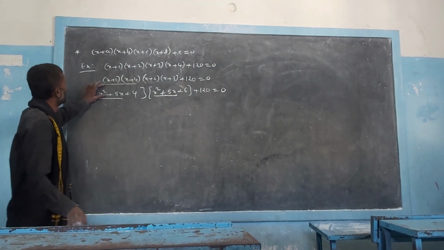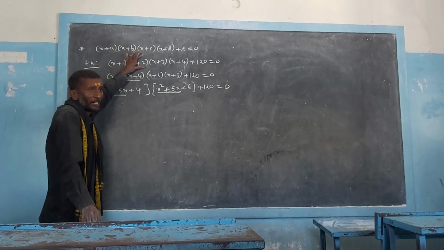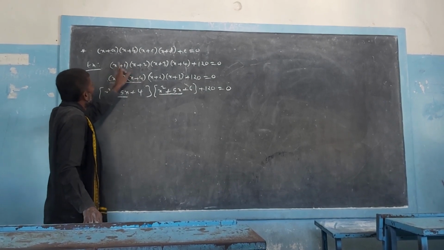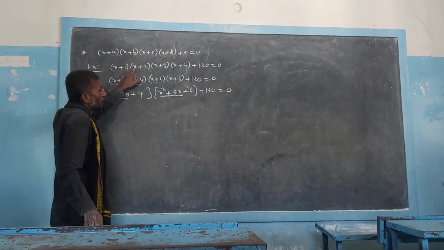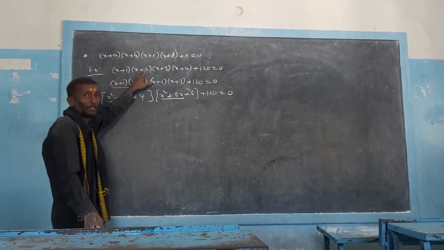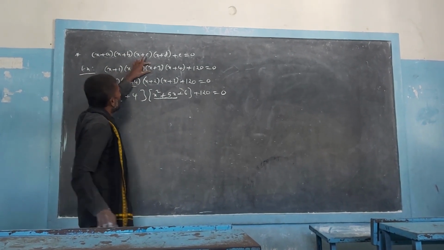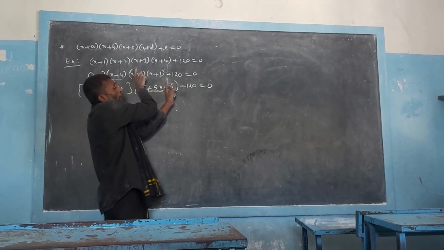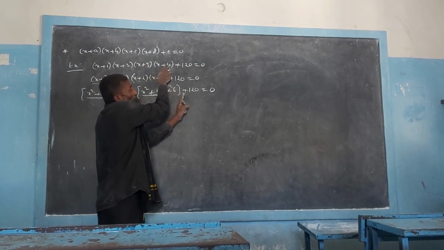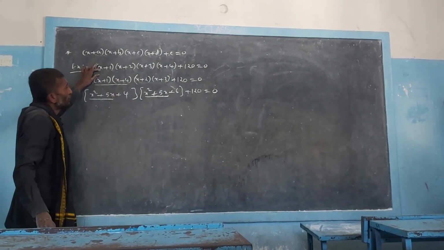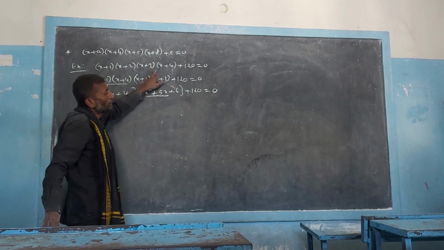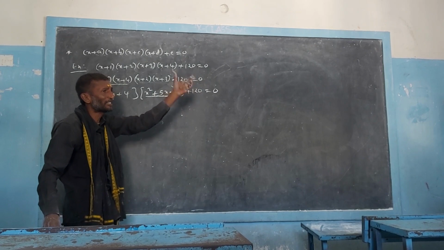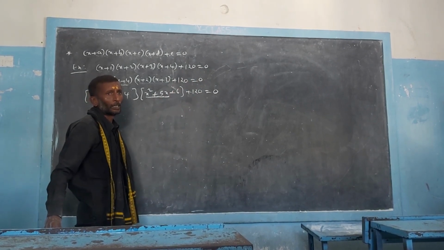If you do not arrange these terms in order, the first given equation gives the expression x square plus 2x plus 1x, which means x square plus 3x plus 2. Here x square plus 4x plus 3x, that is x square plus 7x plus 12 will come. So here x square plus 3x plus 2, here x square plus 7x plus 12. You will not get the same terms in both the quadratic functions.